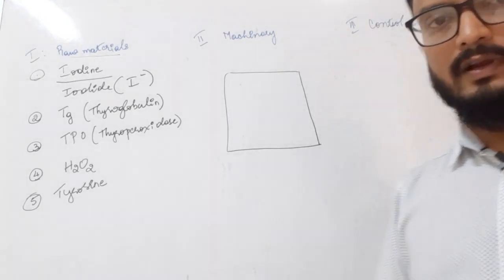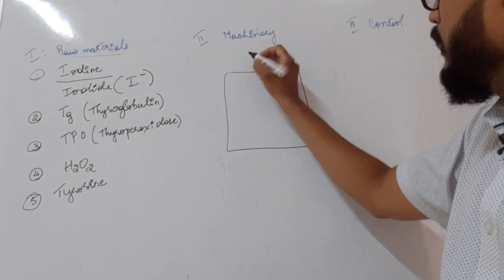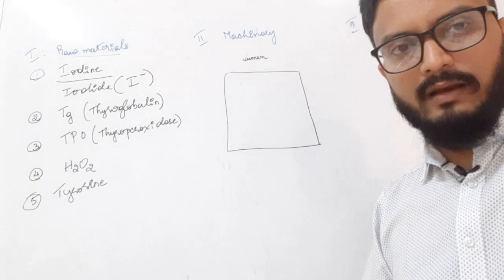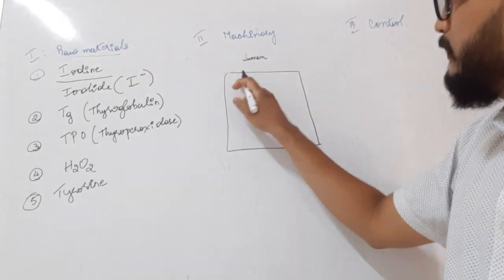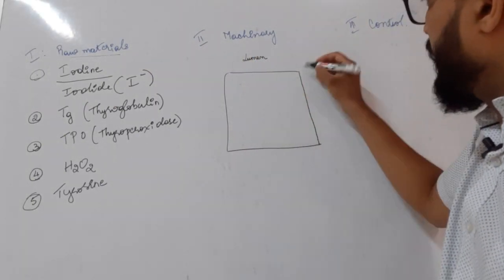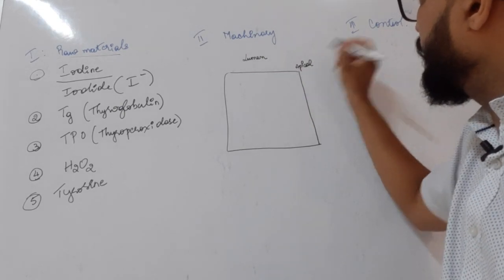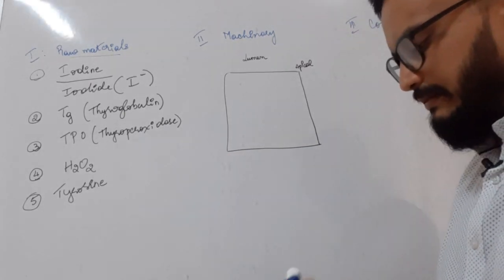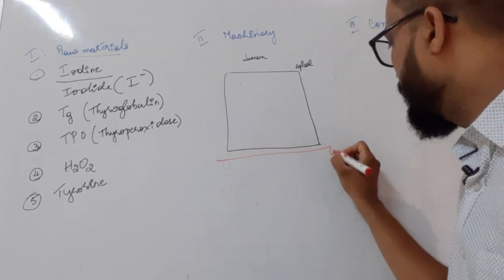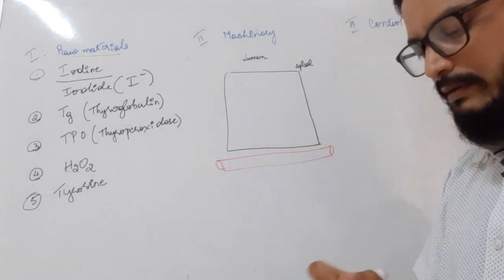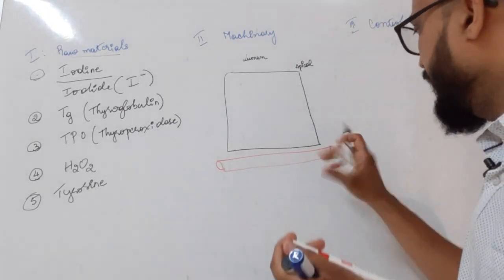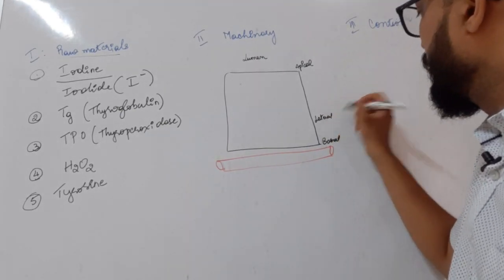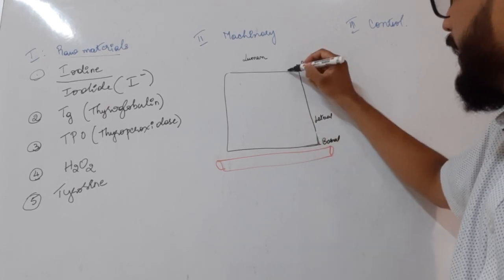So this is a thyroid follicular cell where we do have a lumen, an acellular part, which consists of the colloid. The surface towards the lumen can be referred to as the apical membrane. The surface facing the blood vessel is referred to as the basal membrane, and these are the lateral membranes. So we do have the basolateral membrane and the apical membrane,